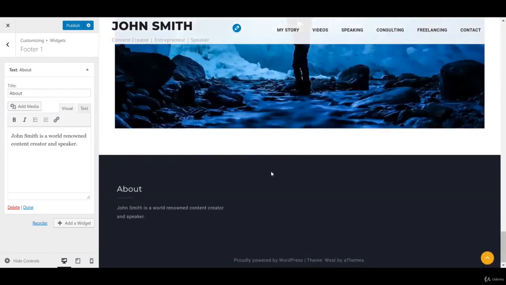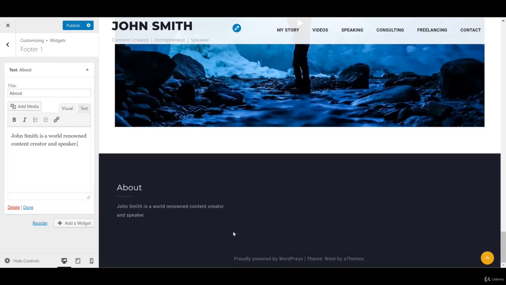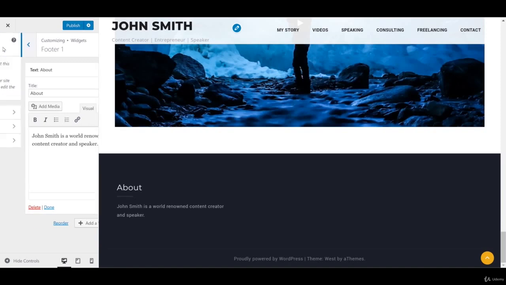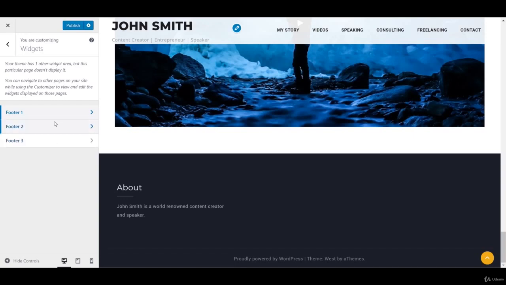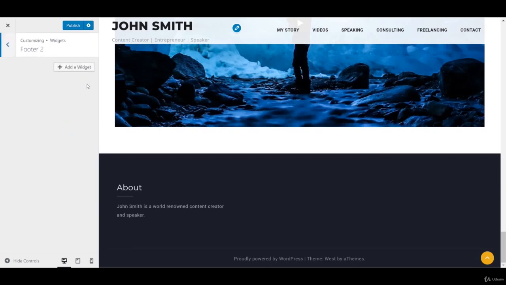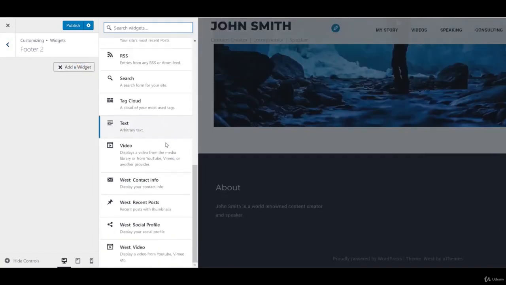And look at that, looks very neat, very good looking, I think. And then if we go back now, you'll see what happens is we've actually opened up our 2 other footers thanks to putting this down here. So what we want to do now for the second one is we're going to add a social widget. So we're going to go West Social,